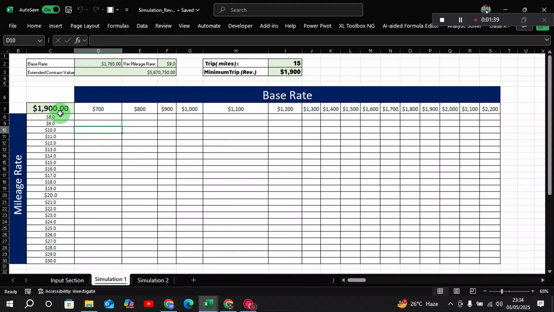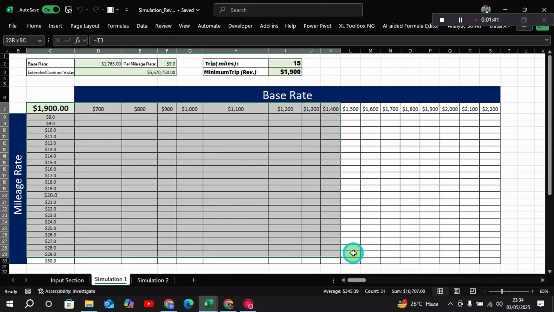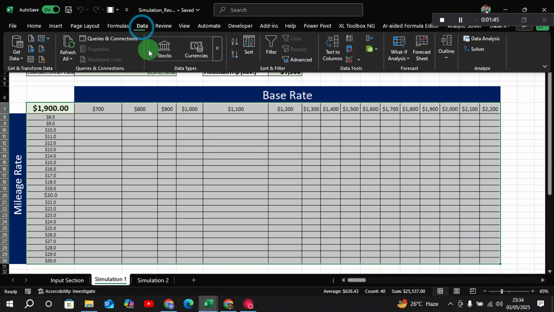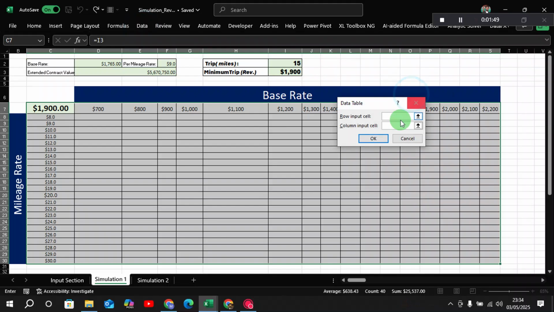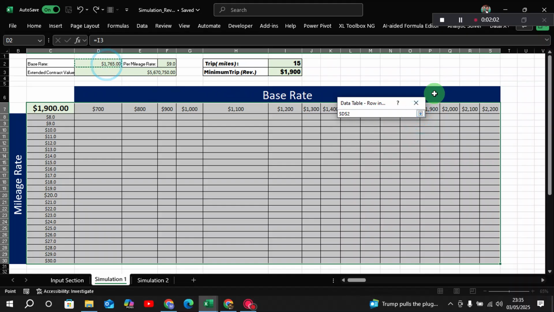In order to perform this two variable data table, first select the whole range and then go to the data tab, select what if analysis, then data table. From here you need to reference your two variables, for which two variables you want to see the calculations for. For the rows it is my base rate, and for the column it is my mileage rate, and I will